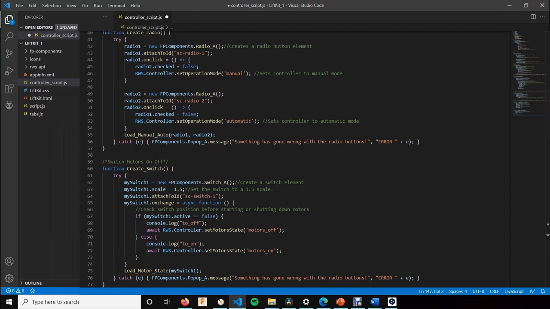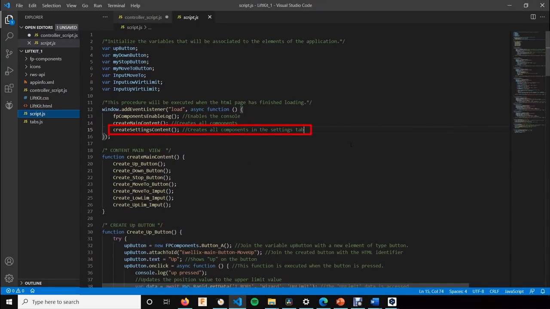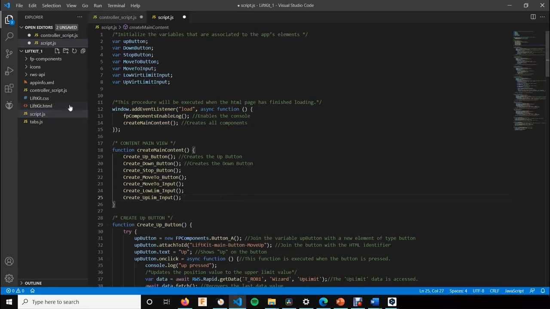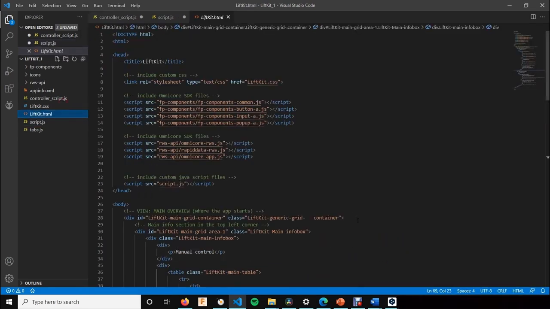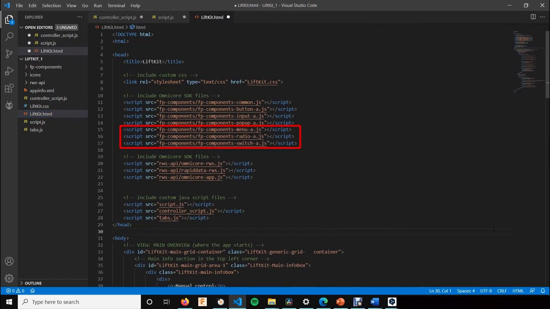The next step is to go to the script.js file and add the start function of the new elements in the load function. To finish, we modify our HTML file. We add the libraries of the new elements that we have used. We call tabs.js and